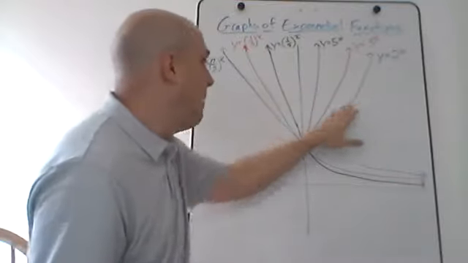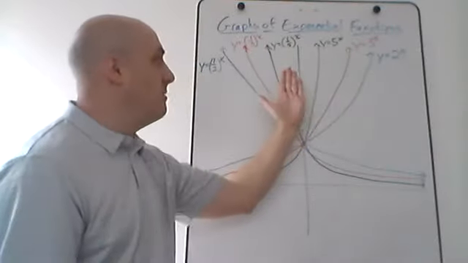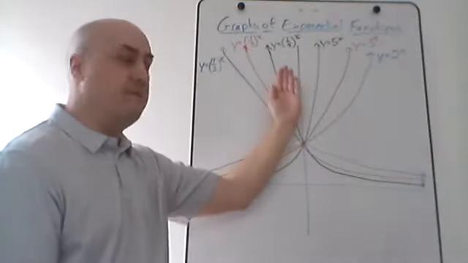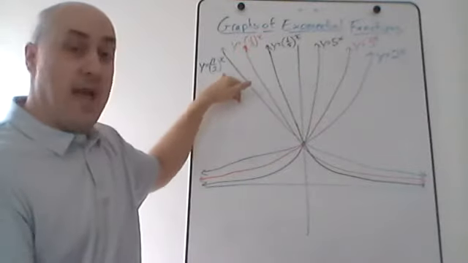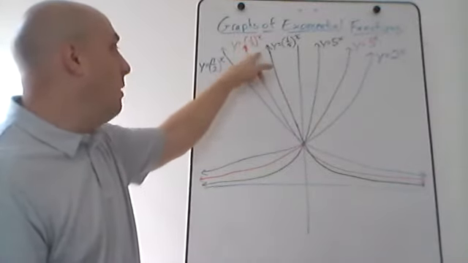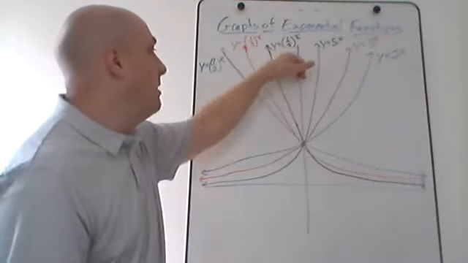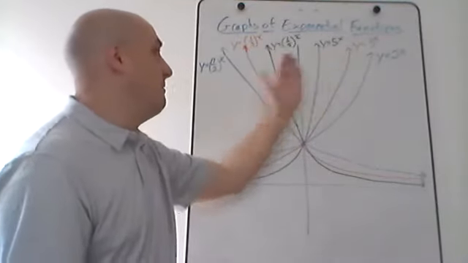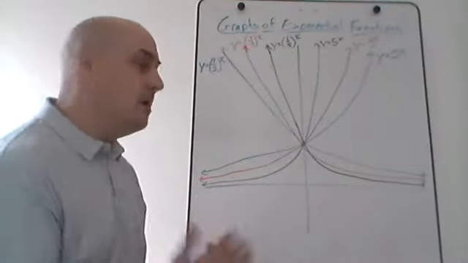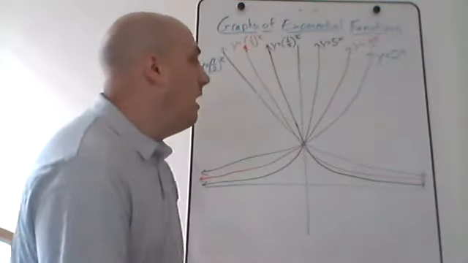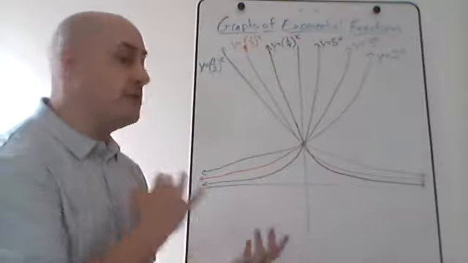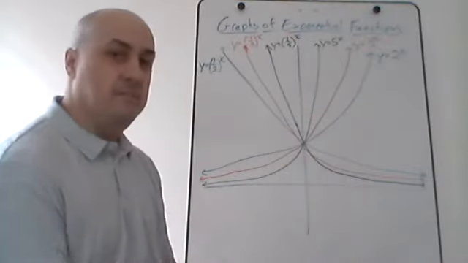Right, so if I take the graph of y equals 2 to the x, and I flip it over the y-axis, do that horizontal reflection, I get the graph of 1/2 to the x power. The graph of 1/3 to the x power is the graph of 3 to the x just flipped over. 1/5 to the x is the reflection of 5 to the x. So the reciprocal graphs are the mirror images or the reflections of the graphs of the base number that's